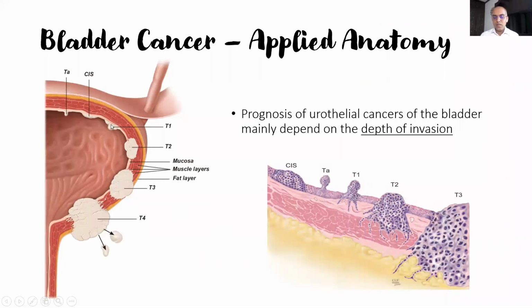Knowing the layers of the bladder is very important because that is how you classify bladder tumors. If a bladder tumor arises from the mucosa and just involves the mucosa, it is of low grade. They're not serious tumors. They can be managed by preserving the bladder. Whereas if the tumor starts to invade the lamina propria or the detrusor muscle or the perivesical fat, or if it invades adjacent organs, the chances of saving the bladder become difficult.